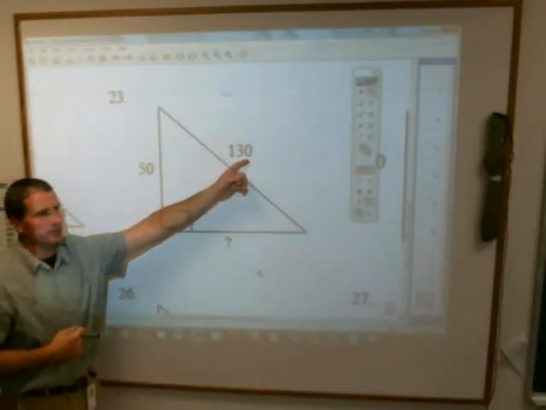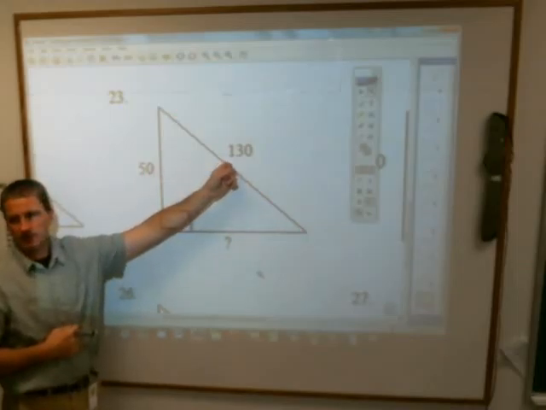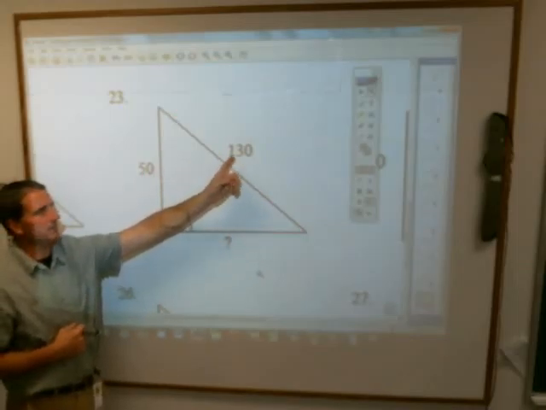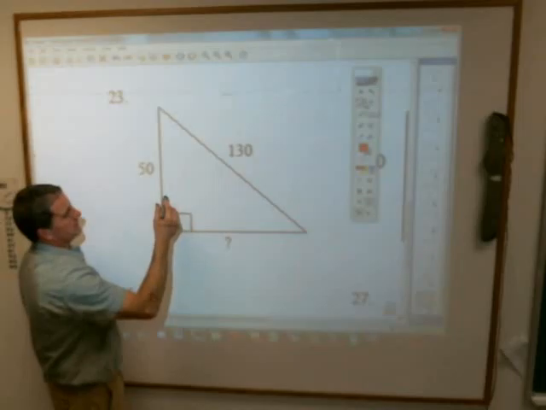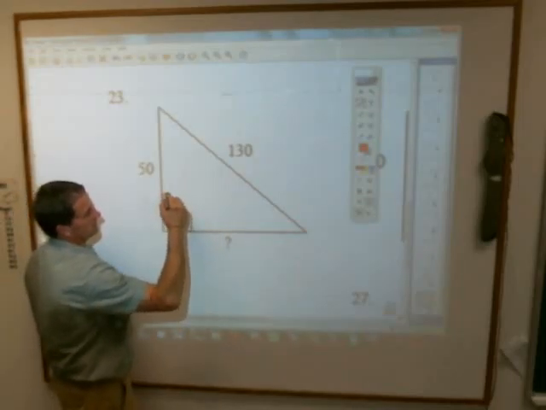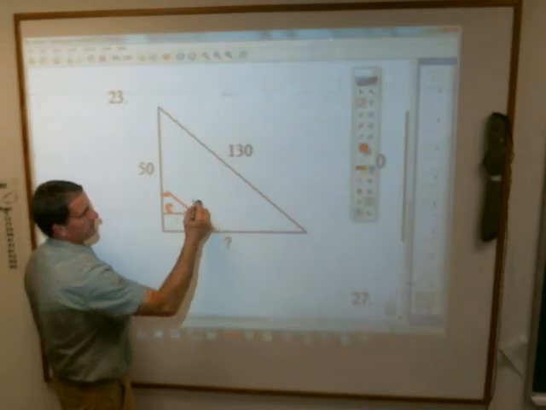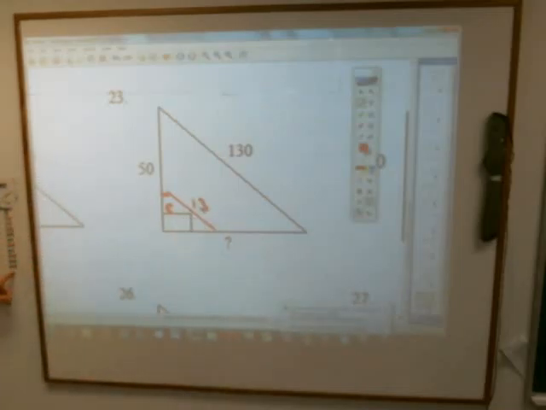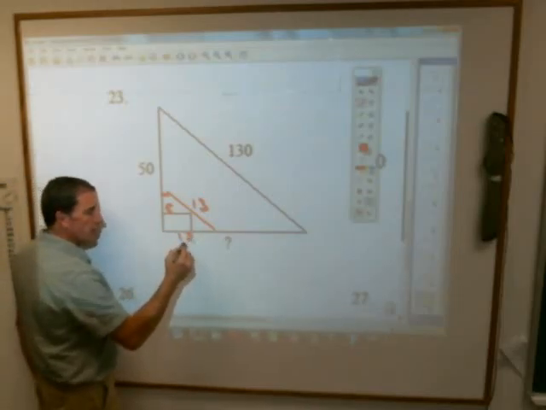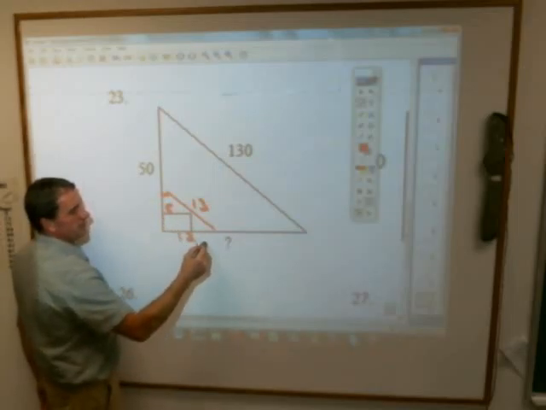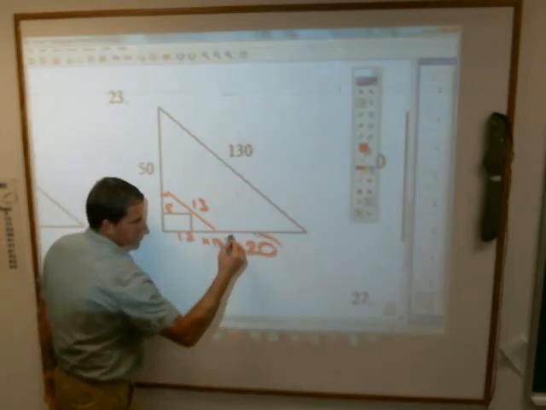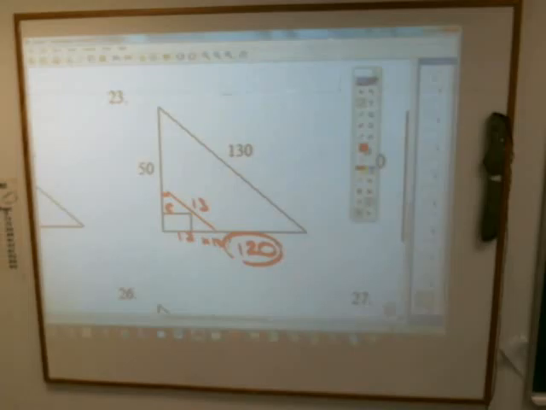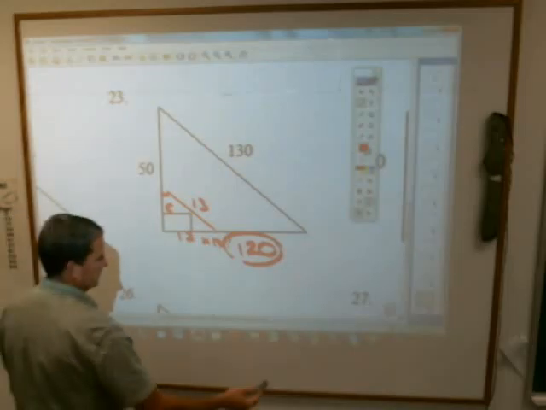What can you divide both of these by? Bigger than 2. 10, because they both end with zeros. So if you divide them both by 10, that makes this a 5, and 130 divided by 10 is 13. Is there a 13 with a 5? Yes. What's the other one have to be? 12. Now, is that my answer? No, because I divided to get to that. I have to multiply it by 10 to get my big answer, which is 120. This is something we've got to catch on to because it comes up